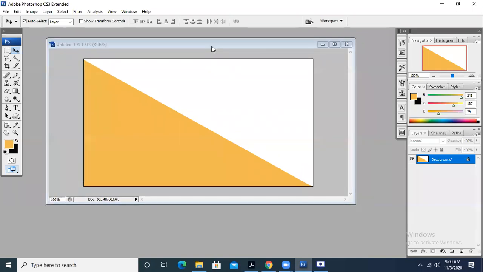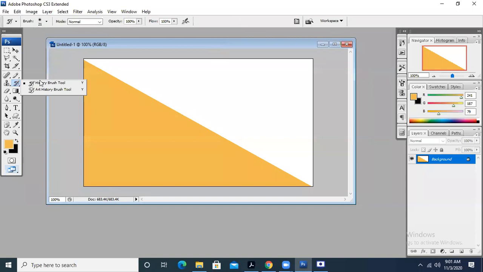Now, if you want to have some borders with it, you can apply borders by taking different designs. What kind of border do you want to apply with it? We had learned about the brush tool, and we said that there are a number of designs in the brush tool.